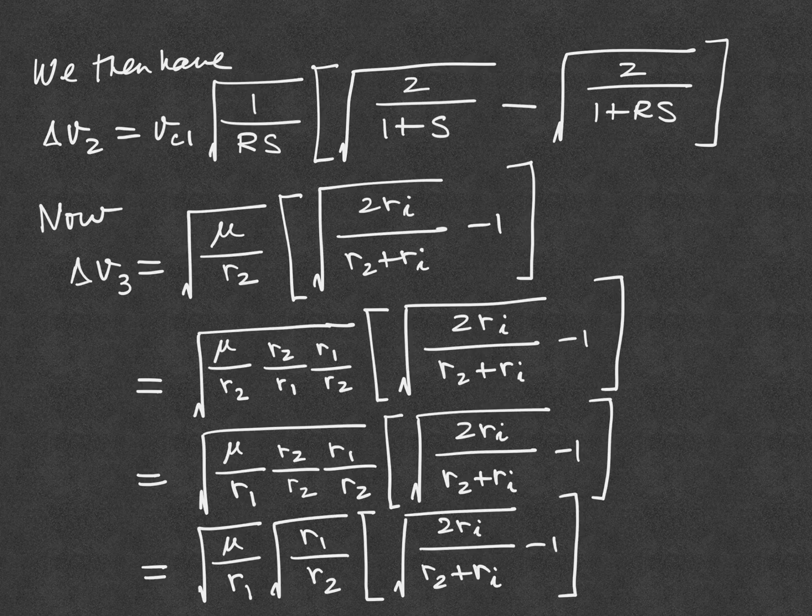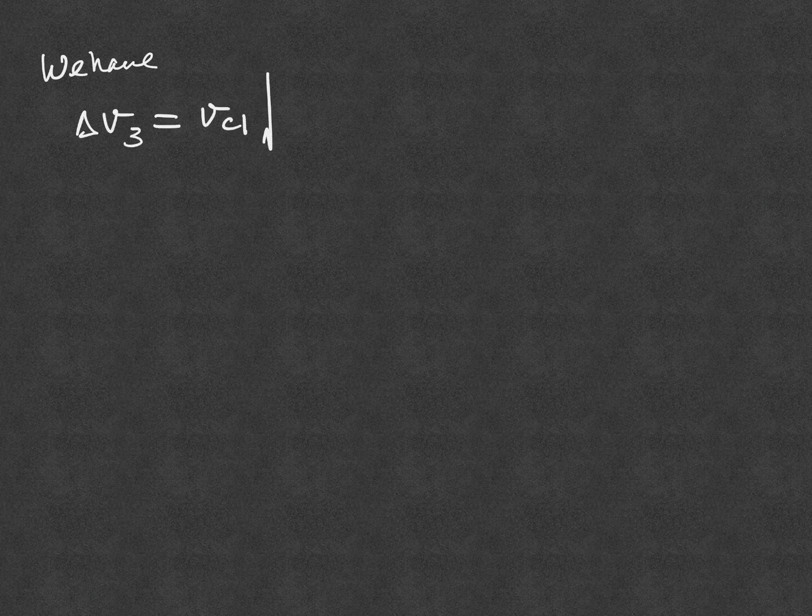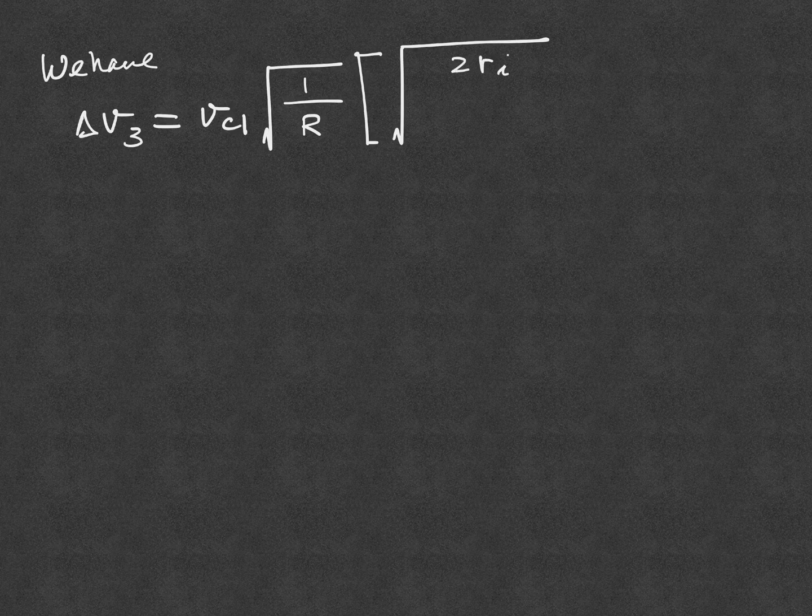Now we can do the following. So noting that the square root of mu over R1 is equal to VC1 and R1 over R2 is equal to 1 over R, we have delta V3 is equal to VC1 times the square root of 1 over R times the square root of 2Ri,